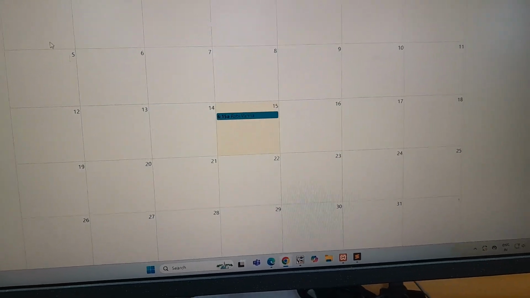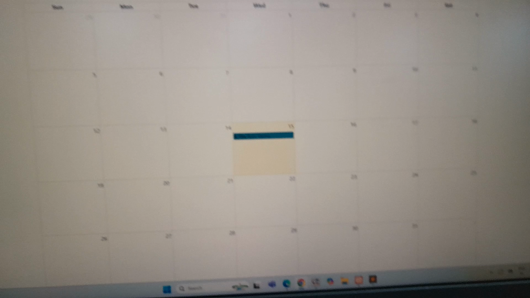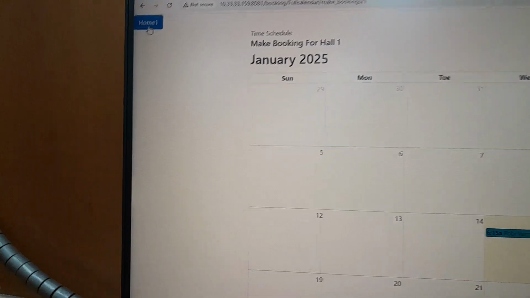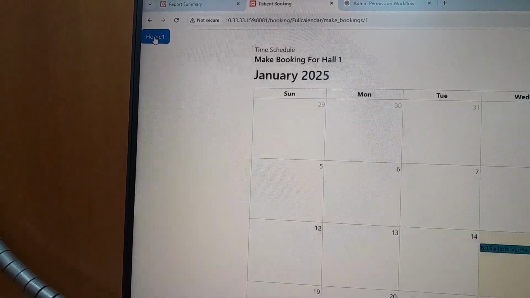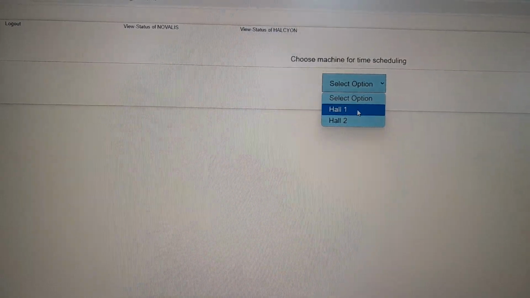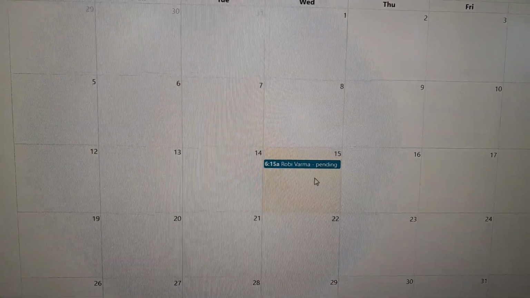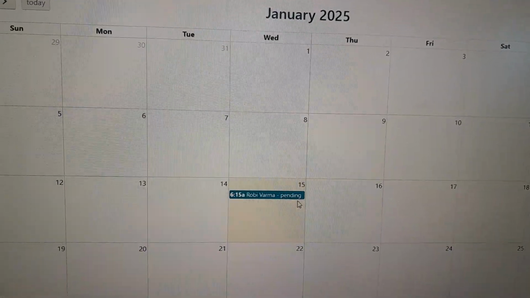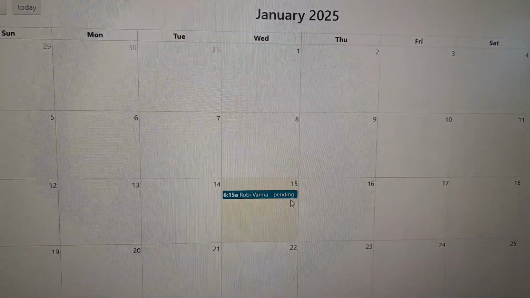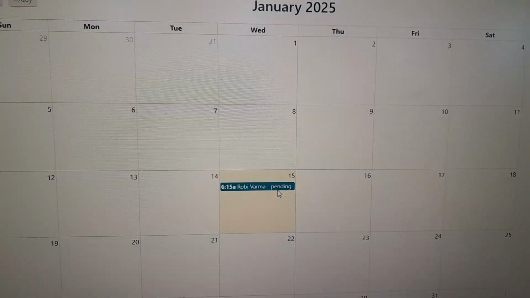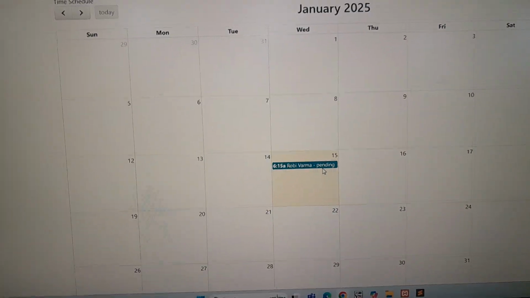Okay, so Ravi Verma is booking on the 15th, and here is the button, go to the dashboard. So just click once. Here in the dashboard you see Ravi Verma is pending. Pending for what? If the admin permits, then pending will be done. Pending will be gone. Okay, so